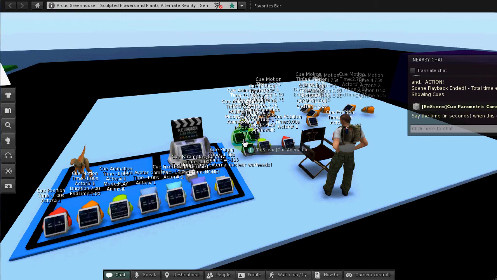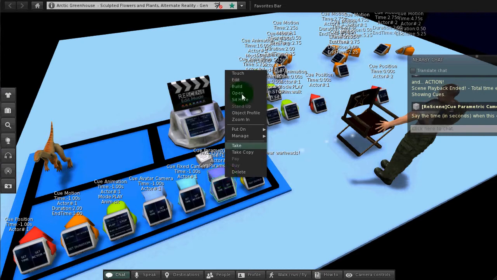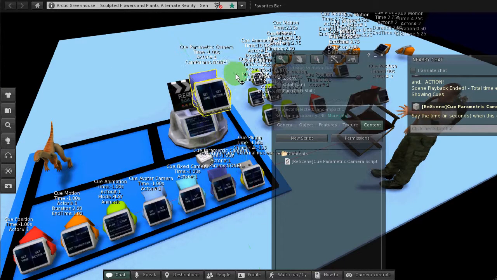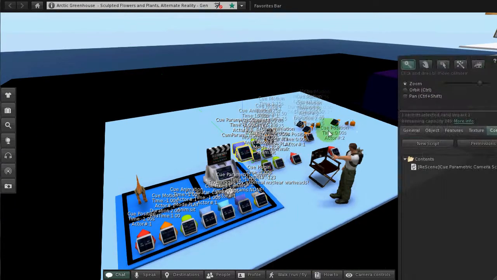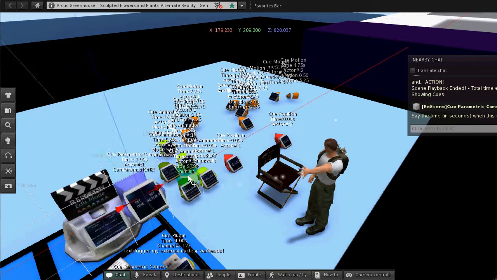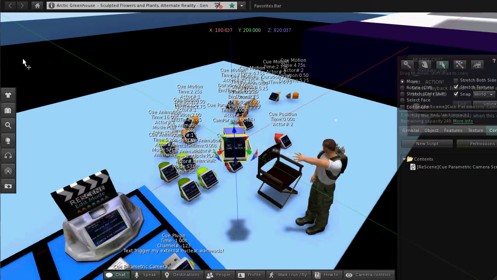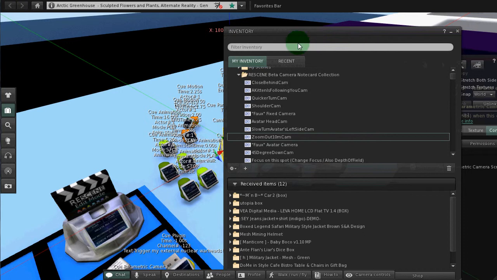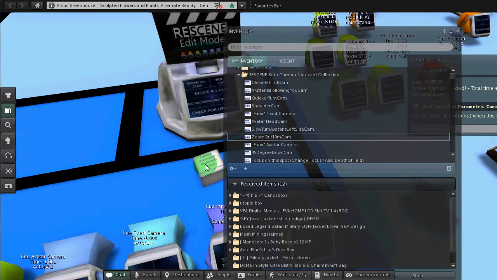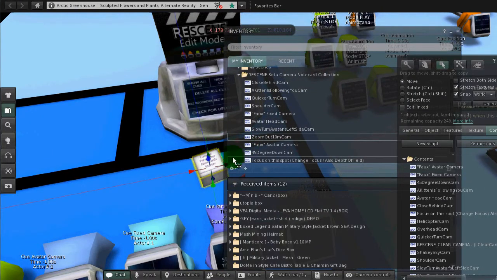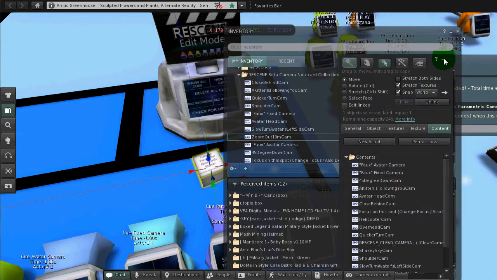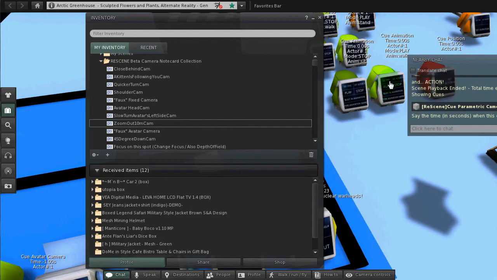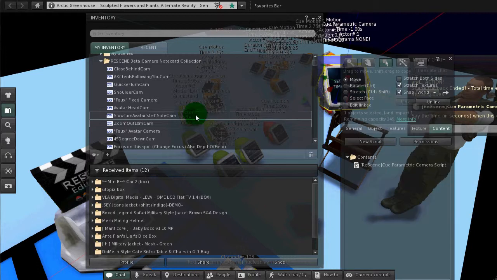And this video is an introduction and overview to how the camera parameter cues work within ReScene. First thing we're going to do here is set up by shift dragging a copy of the cue parametric camera, and we're going to drop in one of these note cards that we've gotten out of this camera parameter note card starter box. You'll notice there's a whole bunch of different parameter note cards, and the ones we're looking